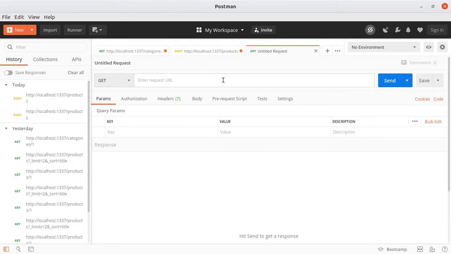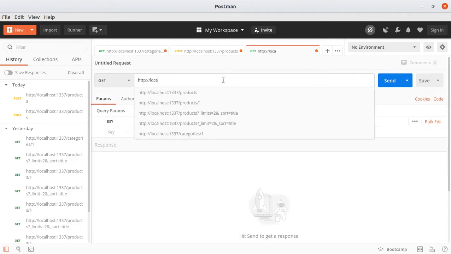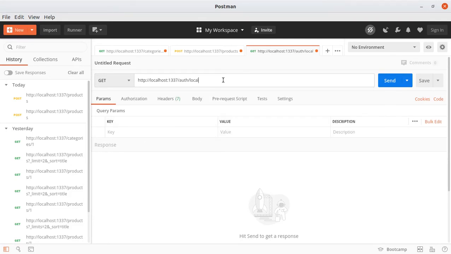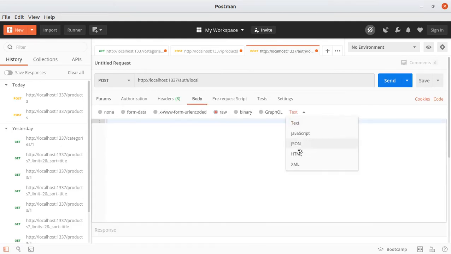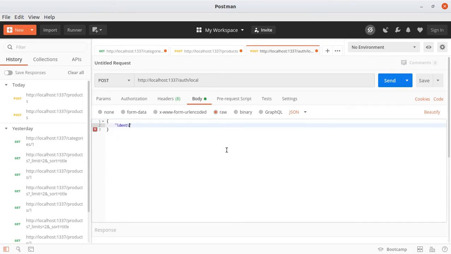So we have to open another tab and make a post request to http://localhost:1337/auth/local because we are using a local strategy. We are not using something like GitHub or Twitter or something to log in. We are using local database fields. So under body we want to send raw, then JSON, and we want to send an object with an identifier, and this identifier can be either the username or the email. I will just put in John, which is our username, and then for the password I am going to put in a password that is wrong.